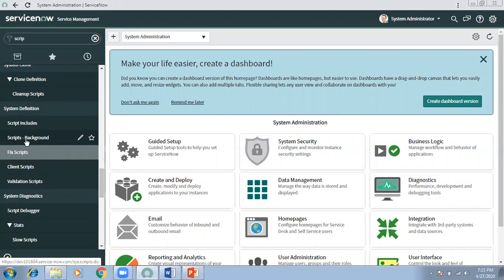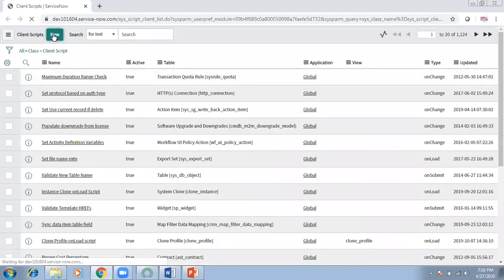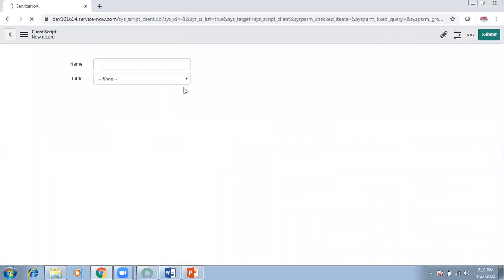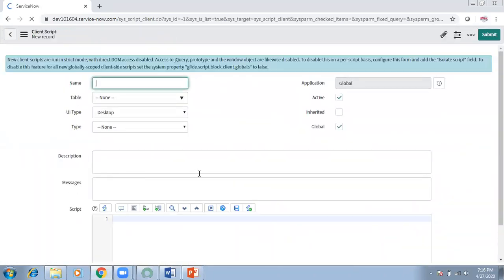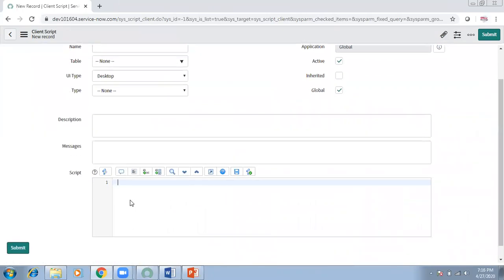Wherever you can write server side script, you can use gs.eventQueue, a function which triggers the message.